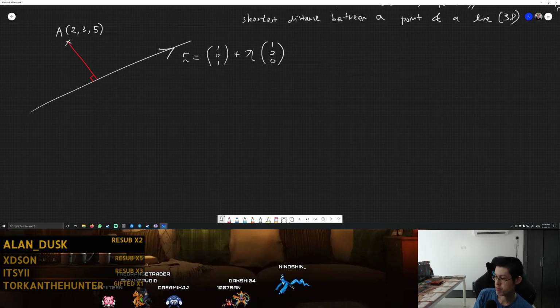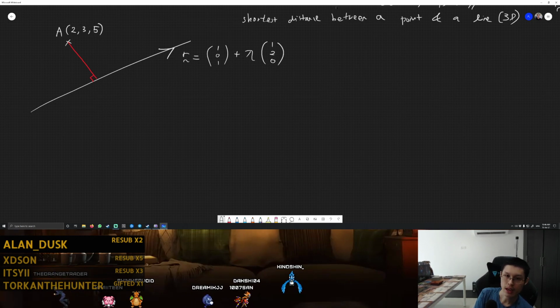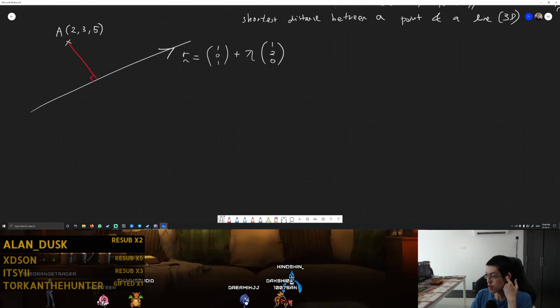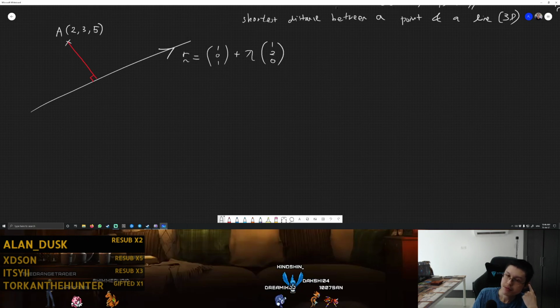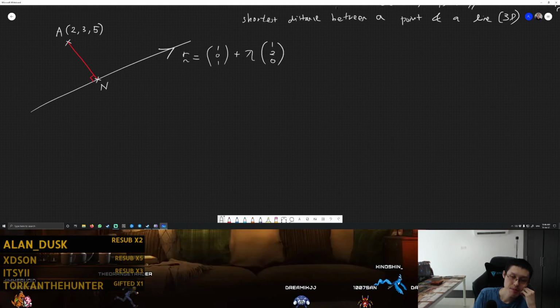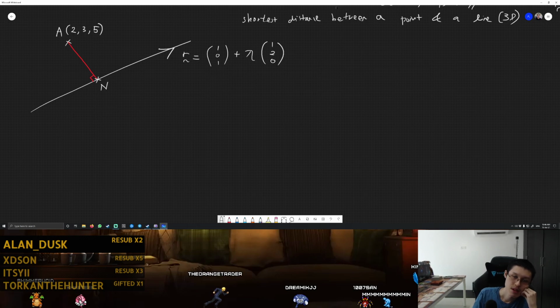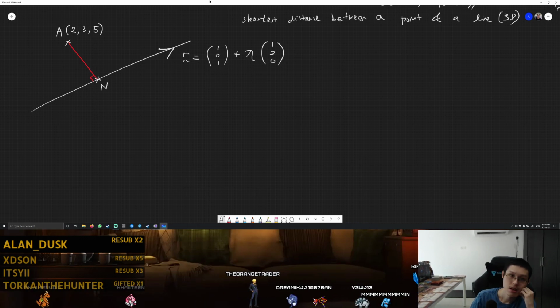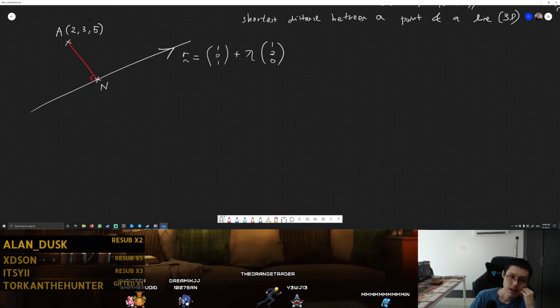Yep, okay. So find the shortest distance between A and this line. The first thing you've got to do here is assign an unknown to this point over here. We'll call it N. So you can see that this line is perpendicular to this one. If this is perpendicular to this line, that means the